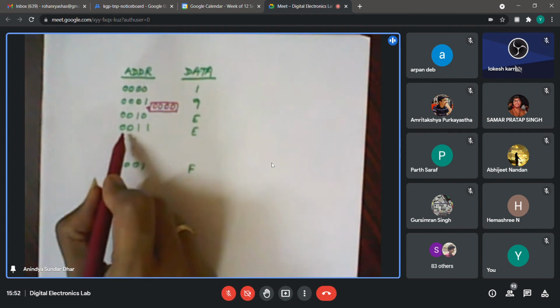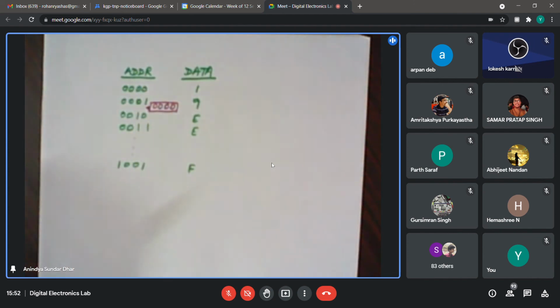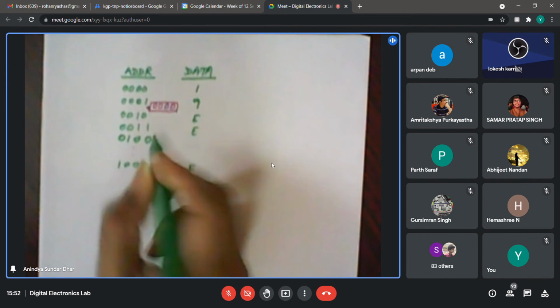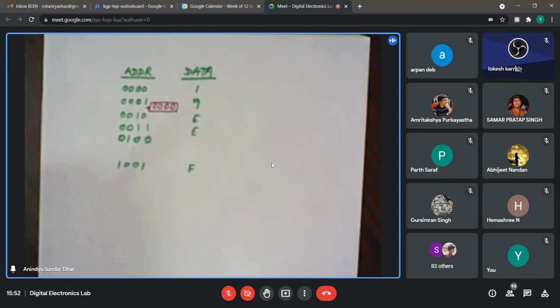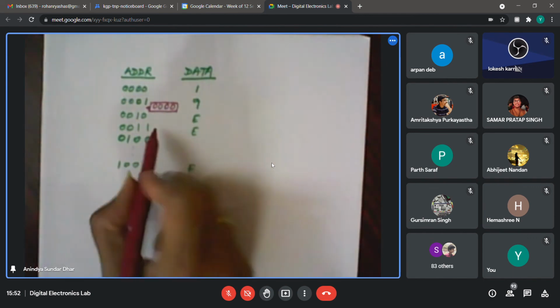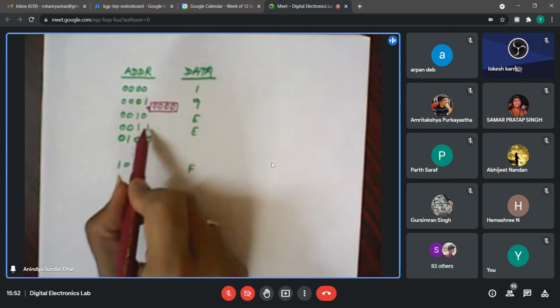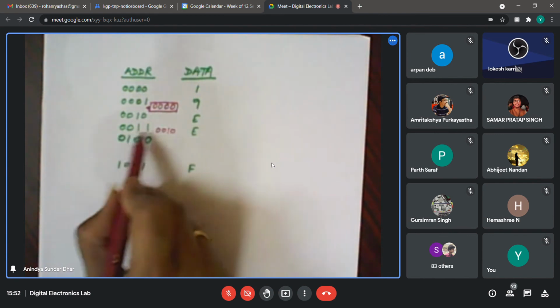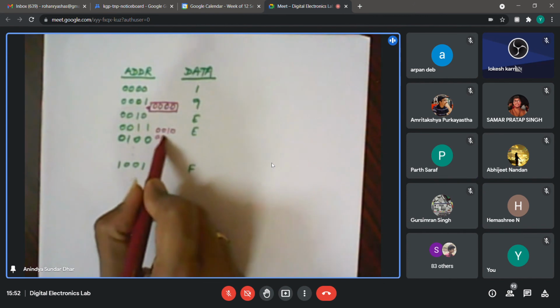Same thing will happen here also between 3 and 4. When it is supposed to go to 4, can you tell me the spurious state? What will happen? This one will change first, keeping the other 3 constant. So 001 will remain constant, this one will change. Then the next bit will change to 0, so it will become 0000.